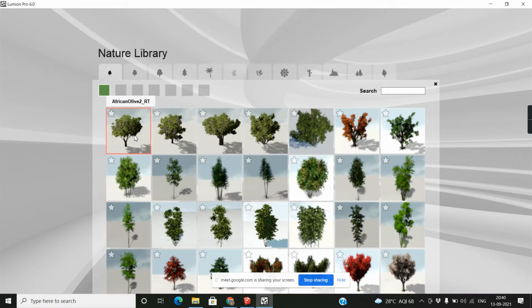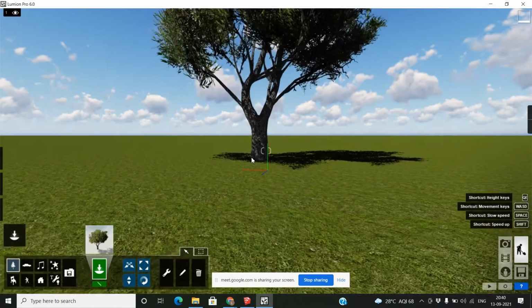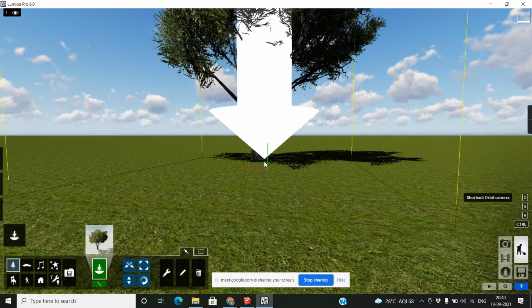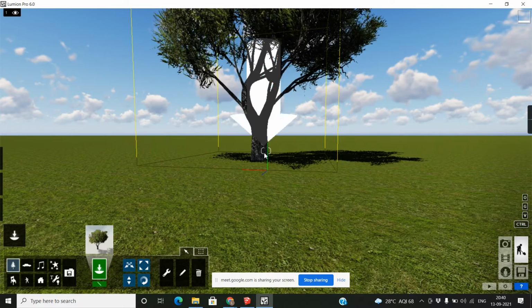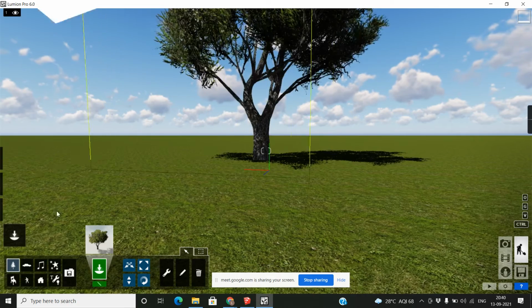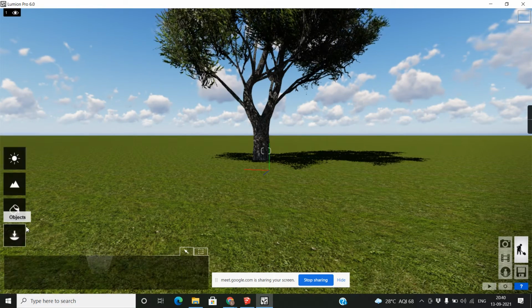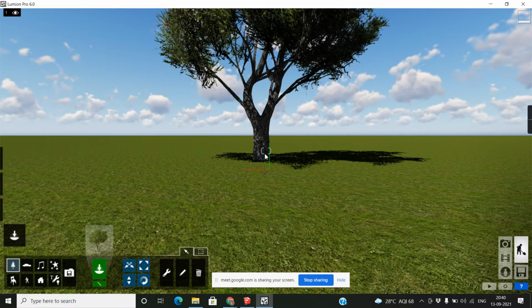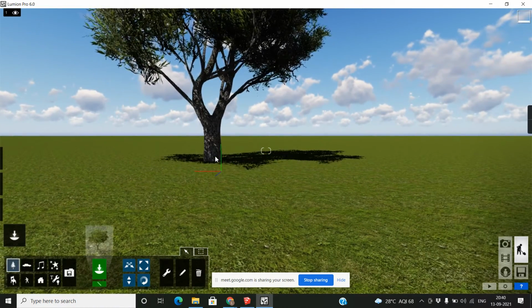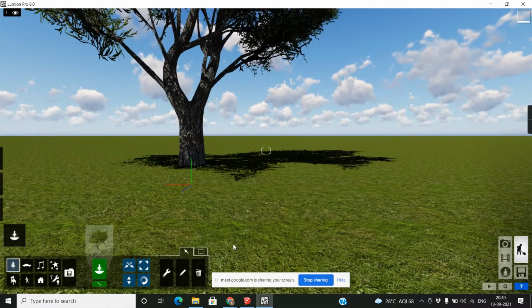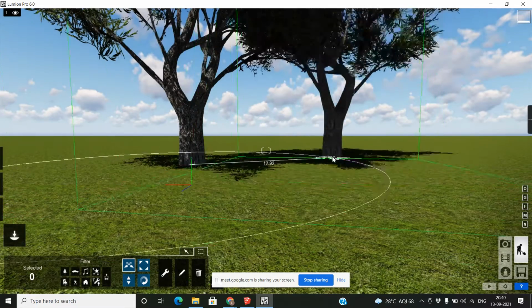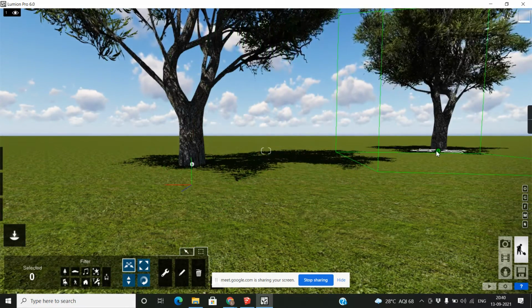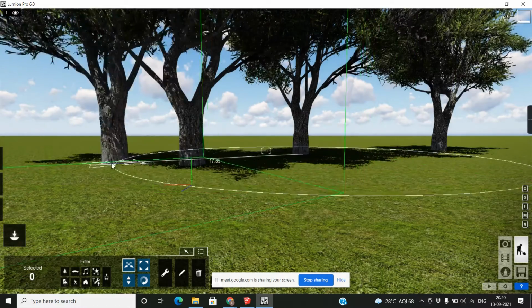So look, I just click the object, and when I press Alt you will get the copy, the first shortcut.